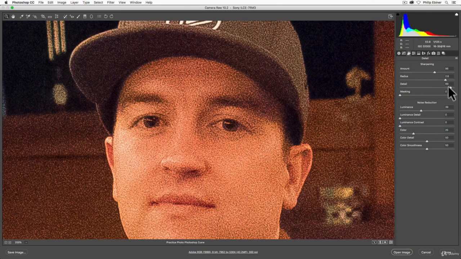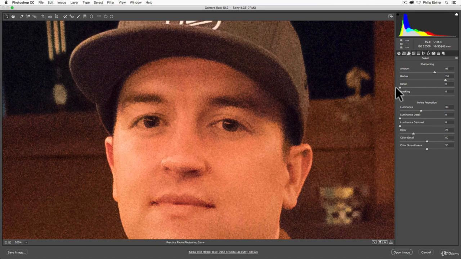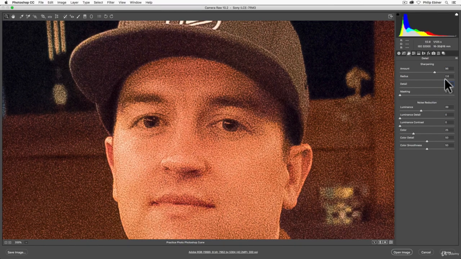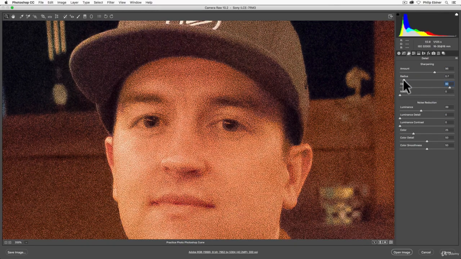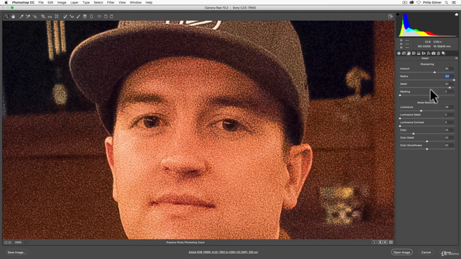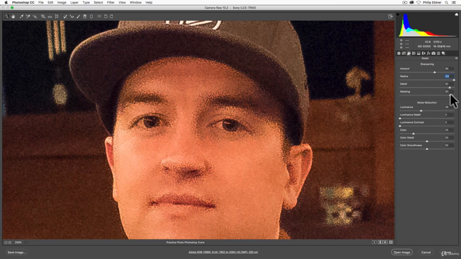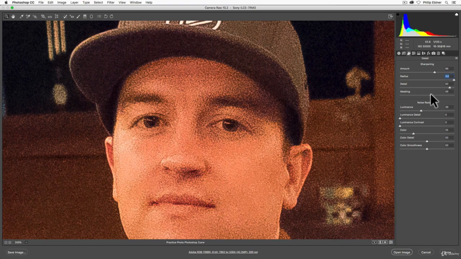If I zoom in here all the way, you can really see what detail is doing. It's adding a lot more sort of grain and making things more contrasty. With radius, if I drag to the left, it makes the grain smaller, to the right, bigger. With masking, it tries to blend these things together, tries to make things that are supposed to be more detailed, the things and colors that are kind of blending together, it loses that noise as much as possible.